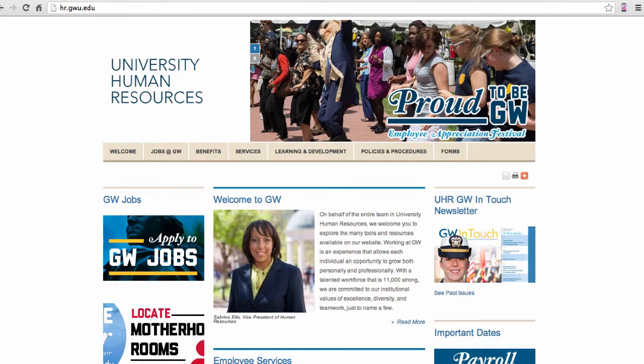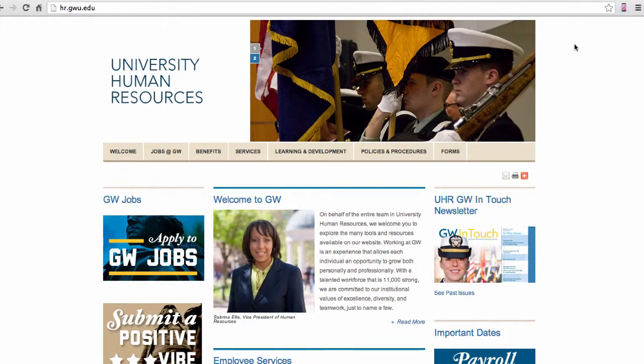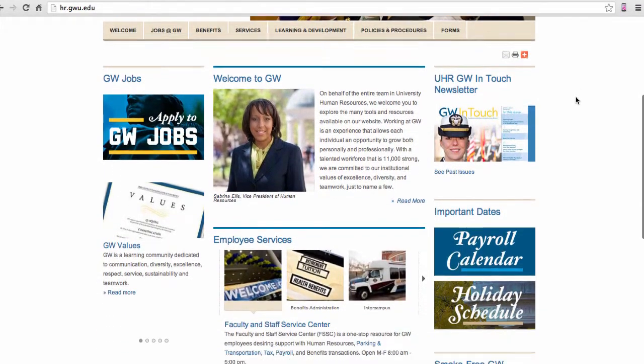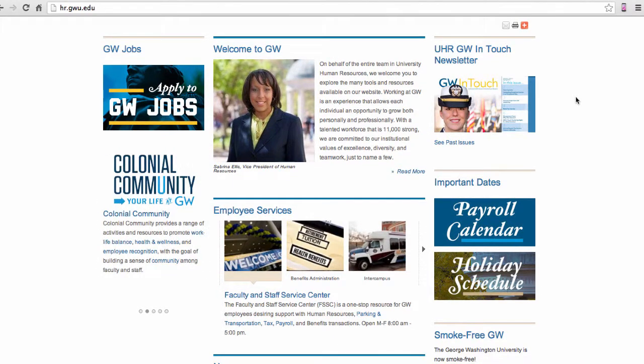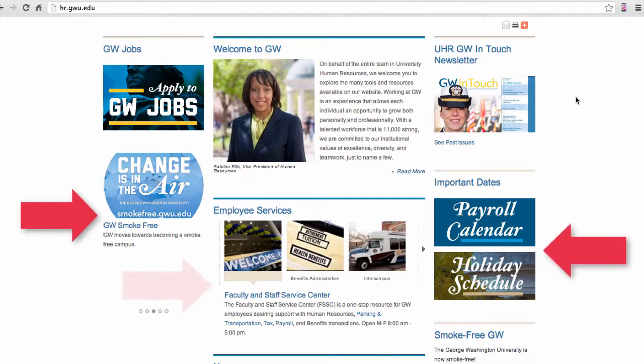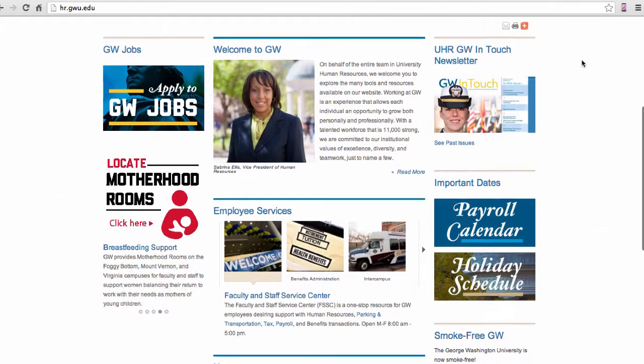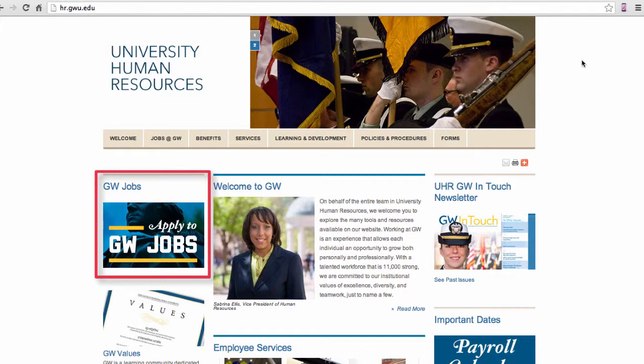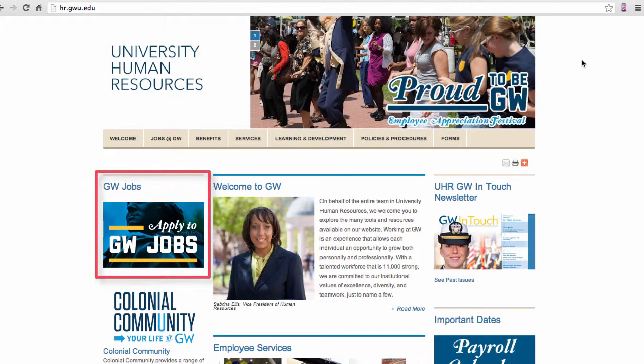Today we'll walk through the steps of using the content set content type in GW Drupal to create a repeating sidebar. Content sets are a way for you to group detailed pages and specialized content together in a specific manner. They do not create web pages themselves, rather they create elements that can be added to web pages to provide relevant information or to increase usability. The repeating sidebar content set allows you to feature content, such as a promotional graphic, across a section of your website or throughout your entire website in the sidebar.